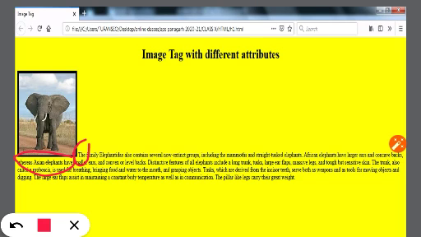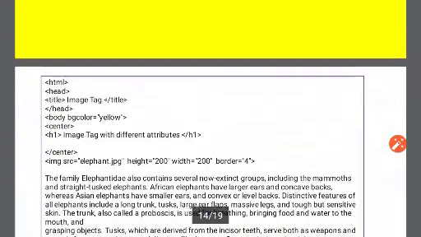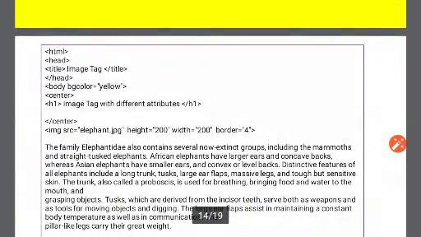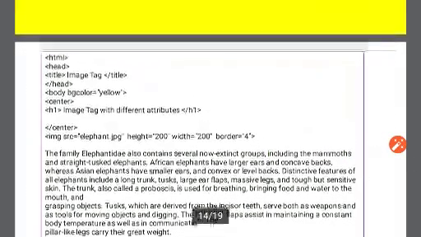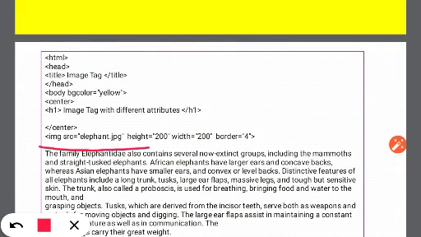It is very congested over here. For such web pages, if we go for the code, you can see it's mentioned over here like image src elephant.jpg, height equal to 200, width equal to 200 and border equal to 4.